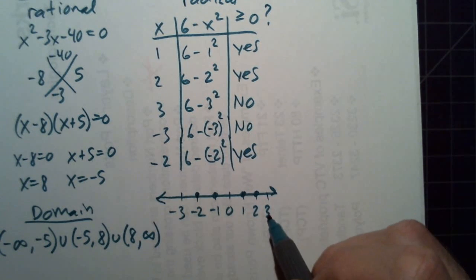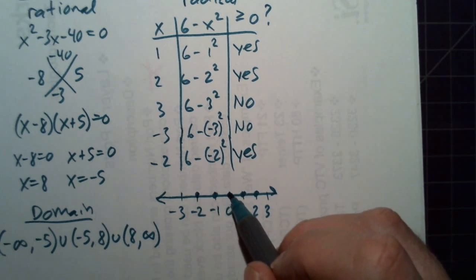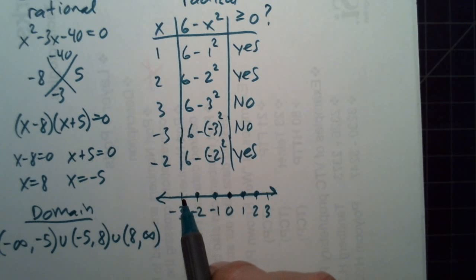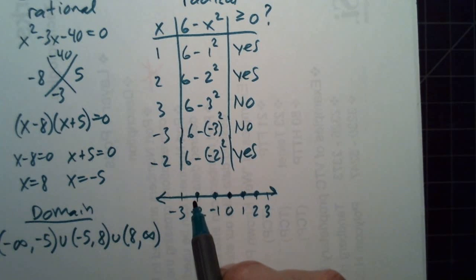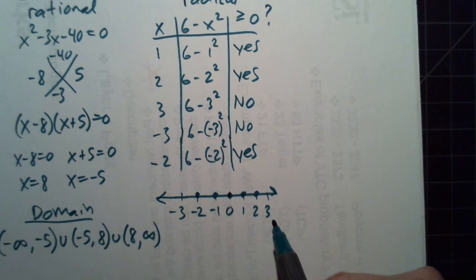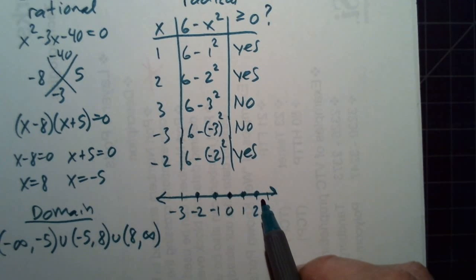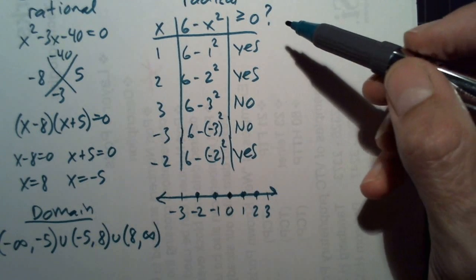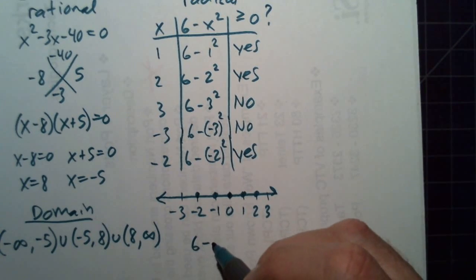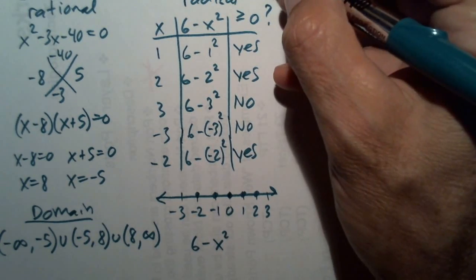Negative 3 and 3 don't work, 0 works, and then we can have all the real numbers between there. So the question is, where does the domain end before you get to negative 3? Somewhere between these two, and what we're looking for is the change from positive to negative, which is going to be 0. When does the radicand